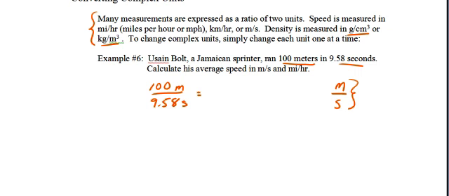Just that easy. You don't have to use any equation that tells you how to calculate velocity or speed, although you can. But if you simply plug in your units into the proper spot, you can get the correct answer. So if you take 100 divided by 9.58, he was running 10.438